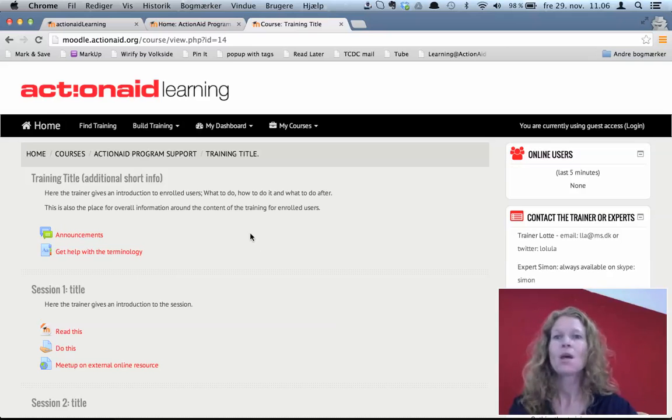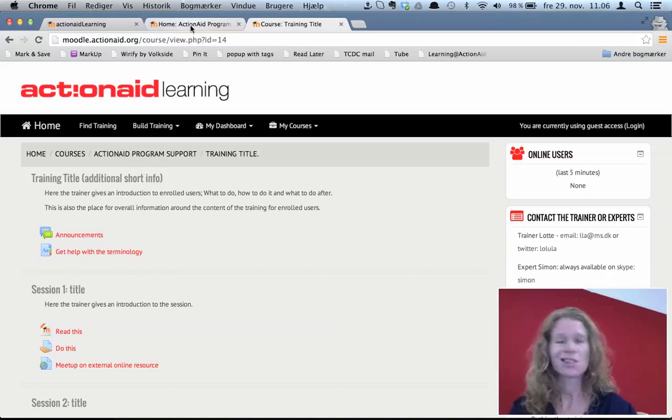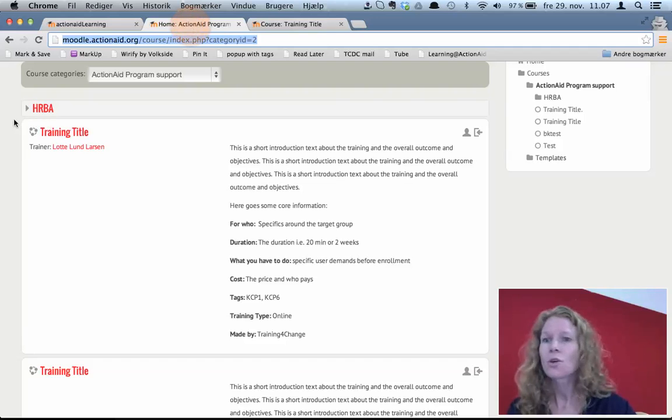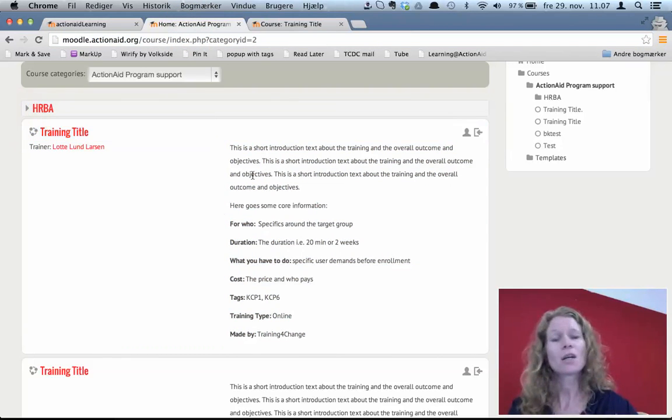It's up to you. If you want to see what kind of information we give to potential participants before they enroll into a course, I just wanted to show you in the system. I do not have it in a nice image, but I'll show you here. So you can see it's this area with this content, where some general information about the course goes, and we can specify what we want to put in and use that as a template for more trainings later on.